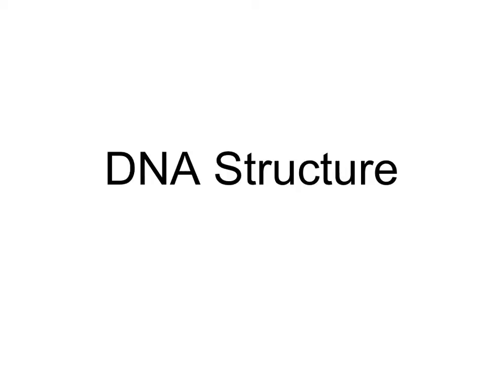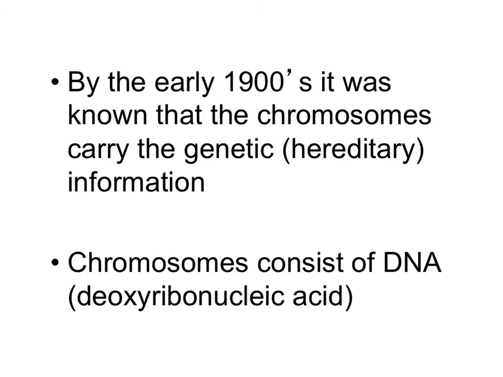Okay, DNA structure is a lot easier than protein structure, and so hopefully you'll have an easier time understanding it. In the early 1900s, we knew that the DNA was found in chromosomes, and we know there's some proteins in chromosomes as well, by the way. Chromosomes consisted of DNA, deoxyribonucleic acid, and these proteins called histones. We also knew that these chromosomes had hereditary information. But the question was, was it the DNA or the protein that was the